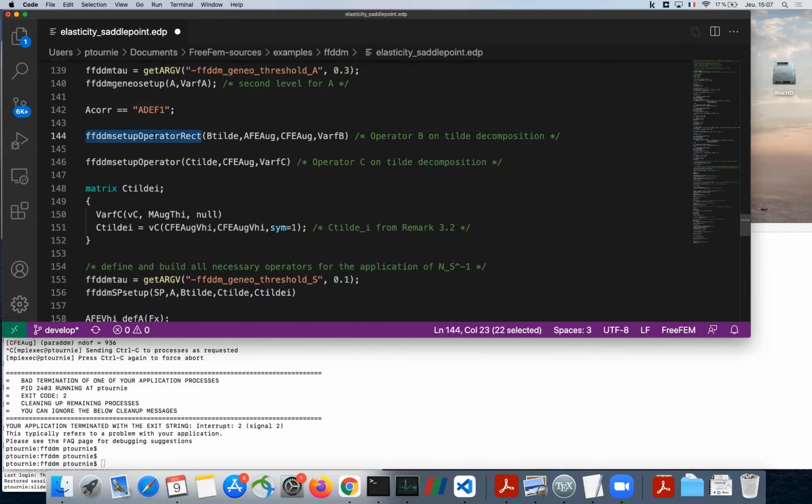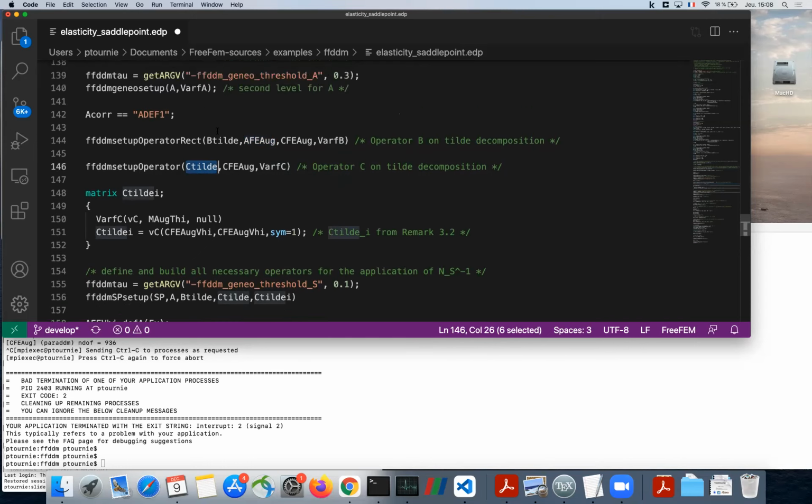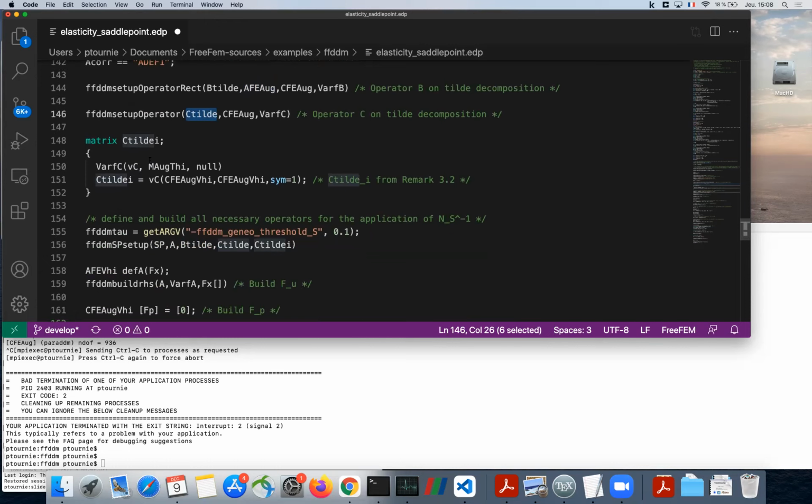And then we can define our distributed rectangular B block, B tilde here, which takes the two finite element spaces, source and target, and this is a rectangular block. And finally, the diagonal pressure block C tilde here. So we have the three blocks that are necessary to define the whole distributed problem.